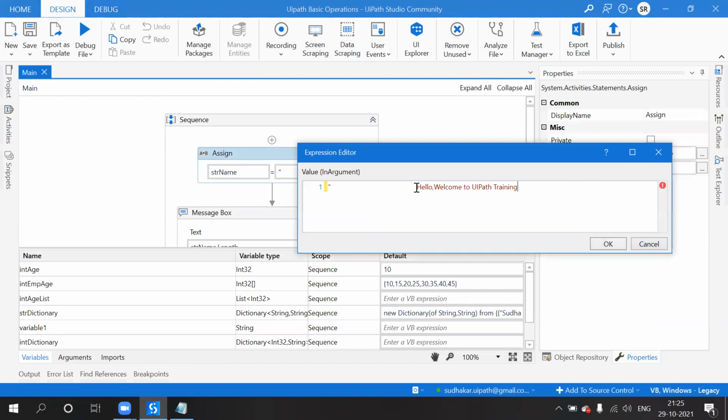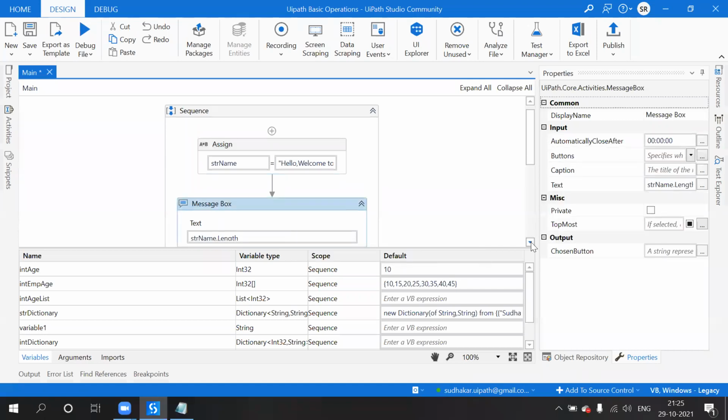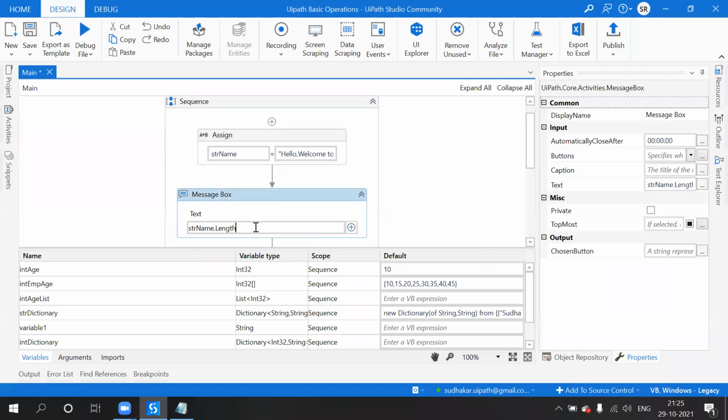Okay, so now coming to general functions. So str dot, there is one very important function called substring.